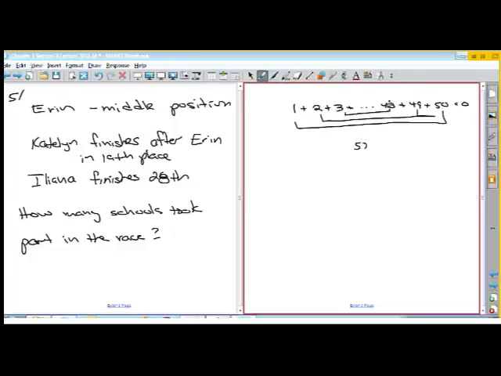So this pair equals 51 and this pair equals 51. Because there are 50 numbers, there are 50 divided by 2 pairs that add to 51. So the answer is 50 divided by 2, which is 25, times the sum of the pairs, and then you just multiply those two numbers together. So you get 25 times 51 is